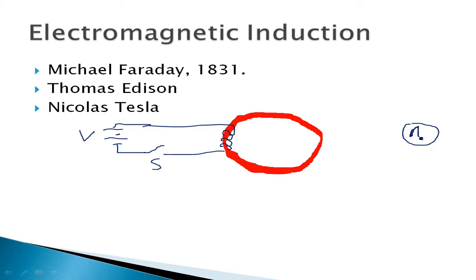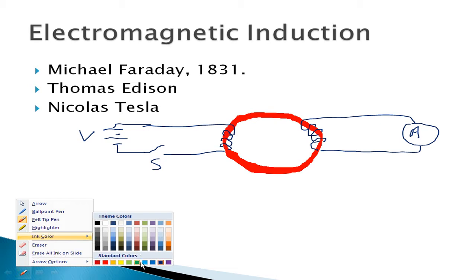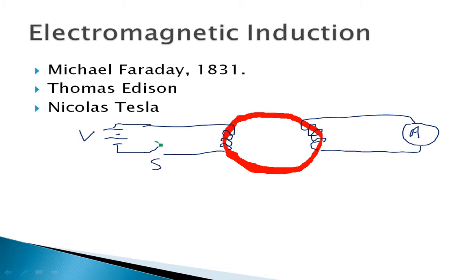meter that measures current. Faraday wanted to create a current flow in the left-hand side and have that induce a current through the right-hand circuit. Okay, so by closing this switch here, and of course your circuit essentially has a resistance R to it. Okay, and that voltage will create a current flow I in this